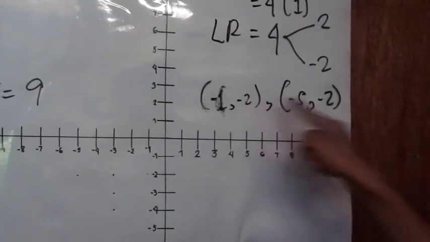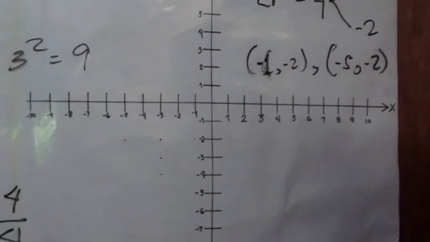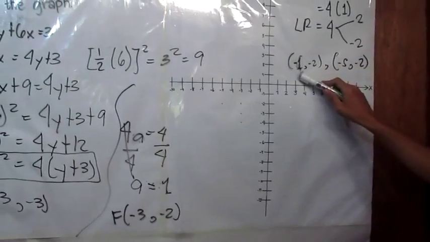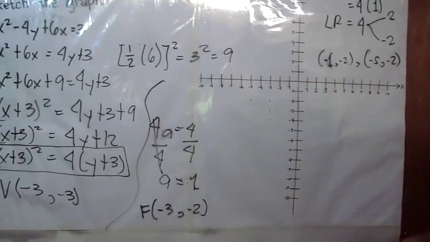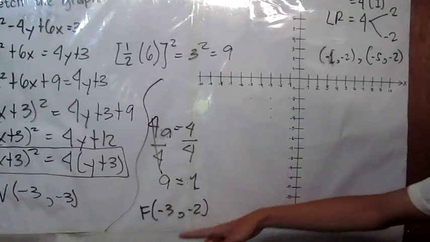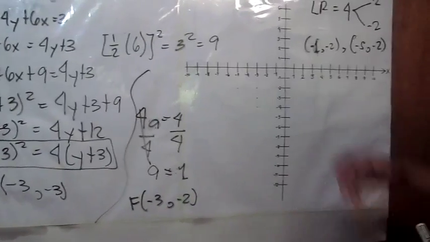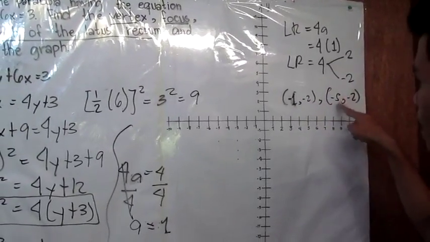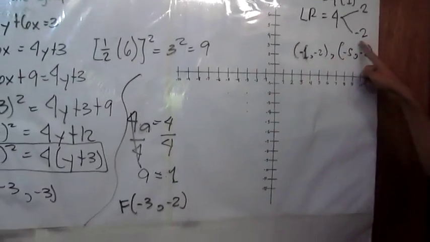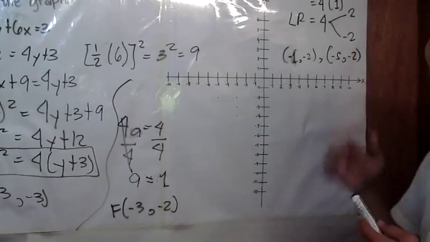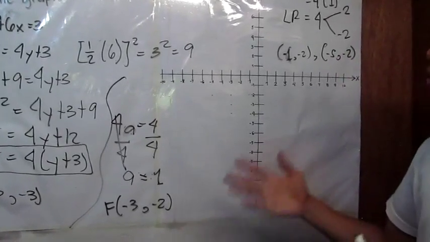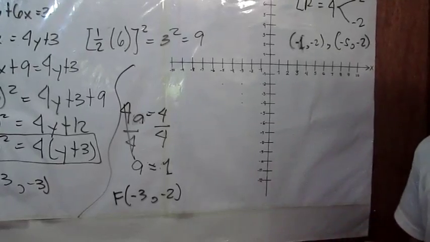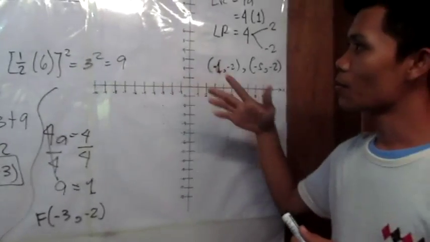Okay, negative 2 here comes from the negative 2 of our focus. And then negative 1 is negative 3 subtracted by negative 2. Negative 5 is negative 3 added by negative 2. So I think these will be the things provided in order for us to graph the